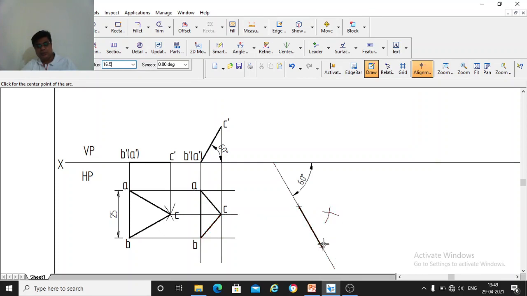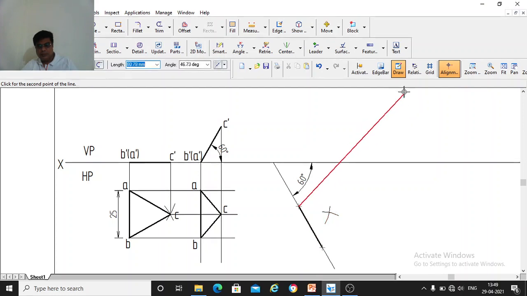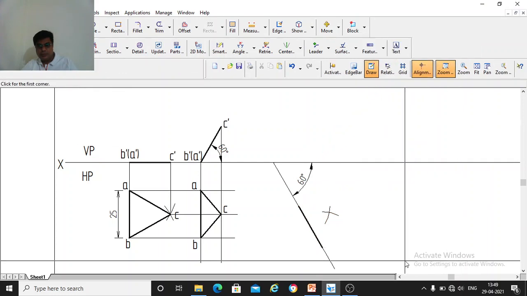Now you join these 3 points using your 2B pencil. So this should be thick and dark. So from this point A, join to C here. I'll zoom it here.